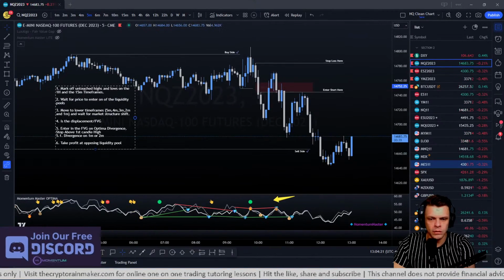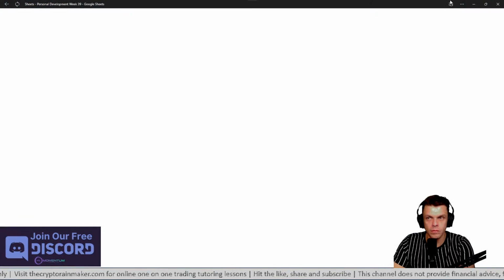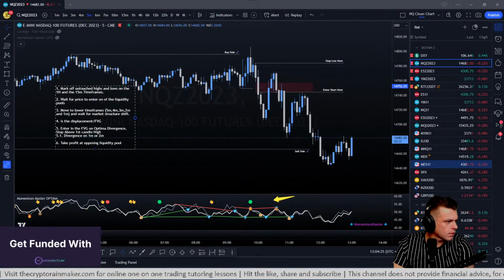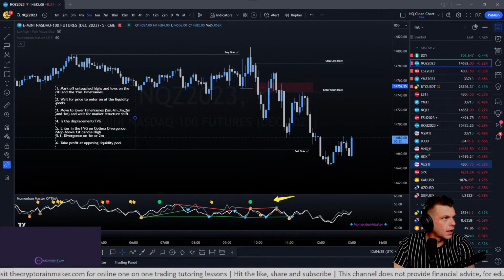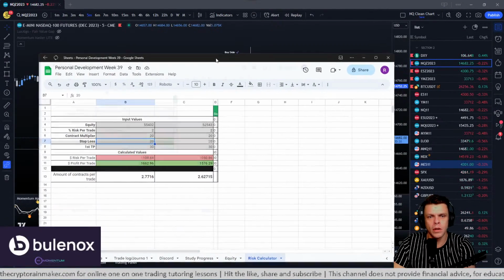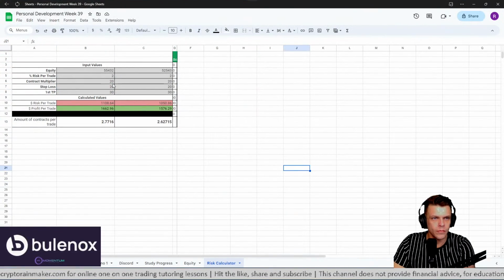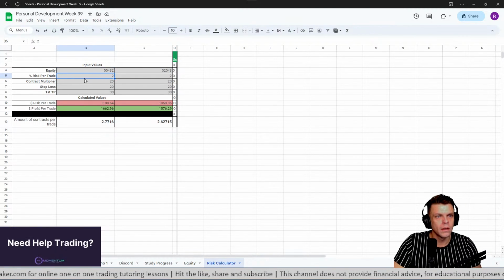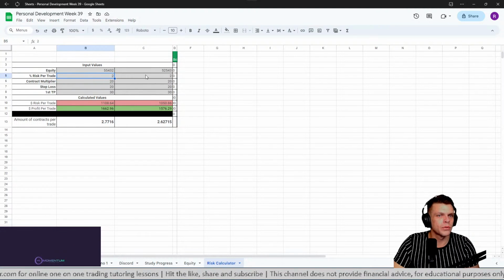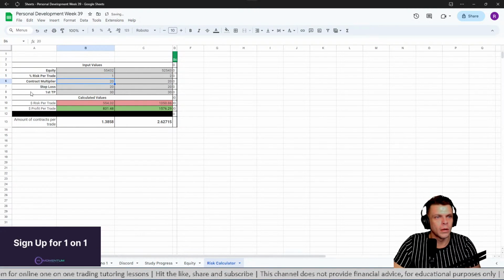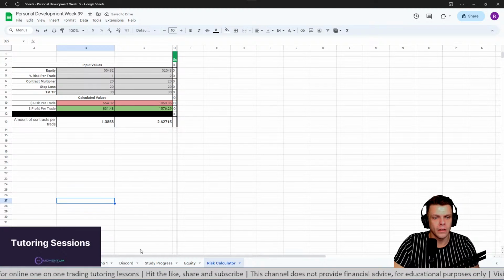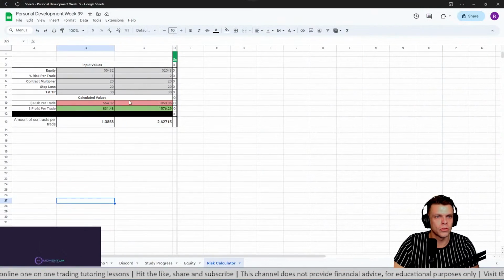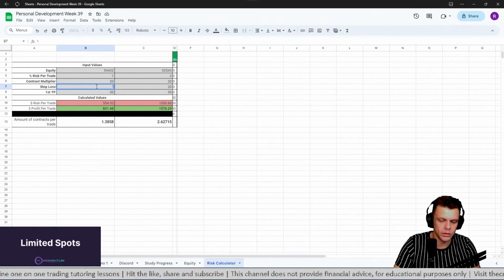And then one more thing. I have this risk calculator that I'm going to post in the Discord. So what you can do is you can put in your equity for your account or your funded account. And then you can say, okay, I want to risk 2% per trade. So let's make it 1%. And if you have a setup and your stop loss is 10 points,